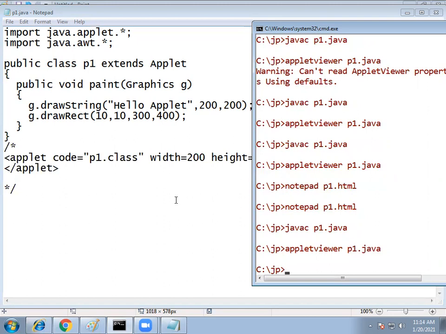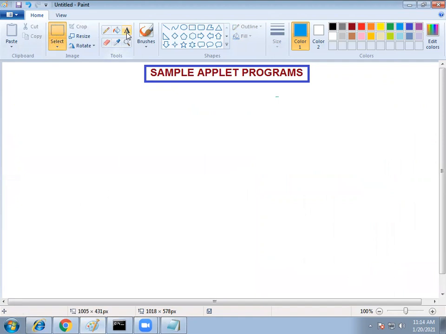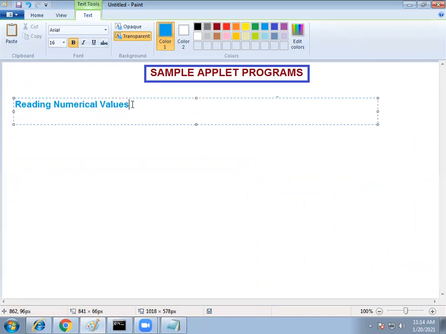So next, let us see how to read numerical values. Now how to read numerical values, that part we'll see next.